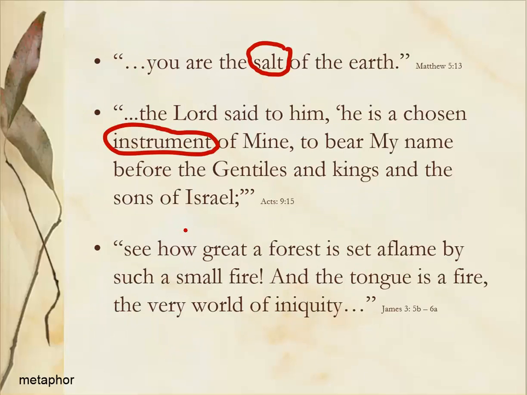The example I would like to focus on here is in the third example. See how great a forest is set aflame by such a small fire, and the tongue is a fire, the very world of iniquity. The metaphor here is tongue being compared to fire. The tongue is actually not fire,